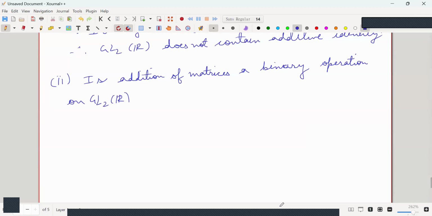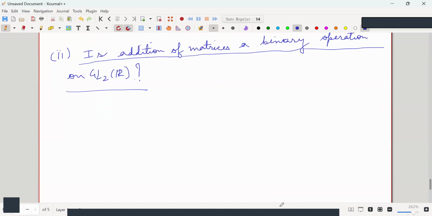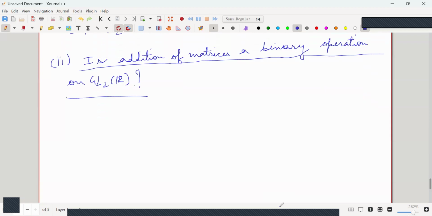So if you can answer this second question, then of course the first one is also done. But just to explain some more stuff, I have solved the first problem in a different way. An answer to the second question also gives the answer to the first question. So is addition a binary operation? So the answer is no, because